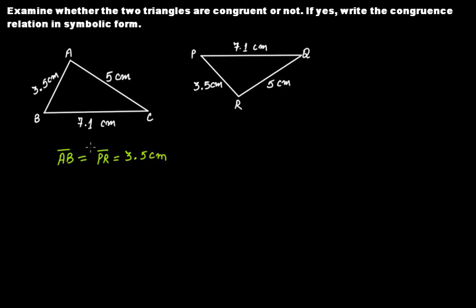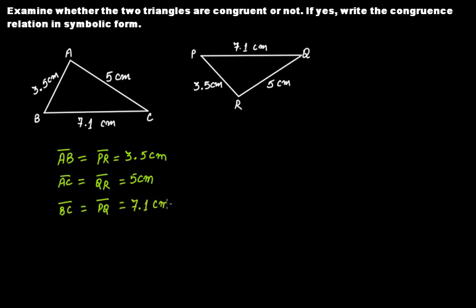Then we have side AC, that is equal to side QR, and that is equal to 5 centimeters. And then we have side BC and side PQ. These two sides are equal, and the length of these two sides is